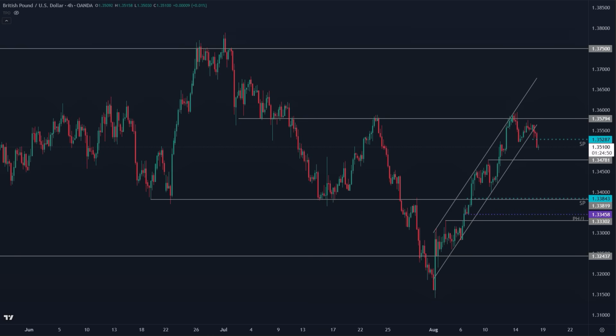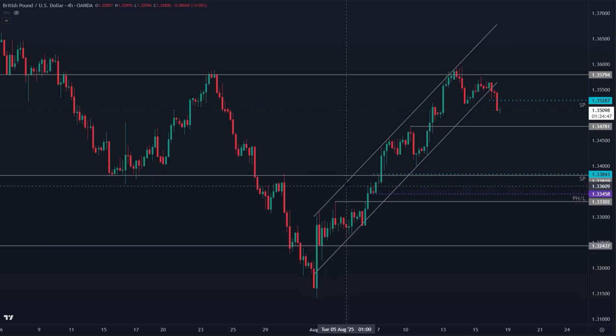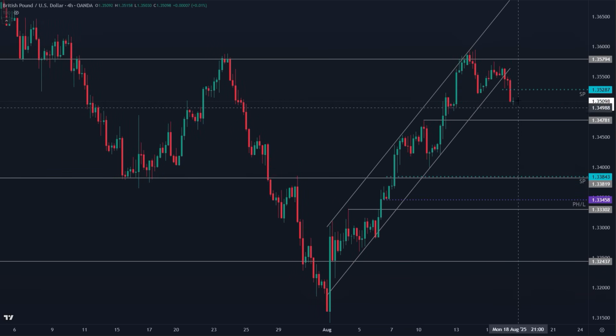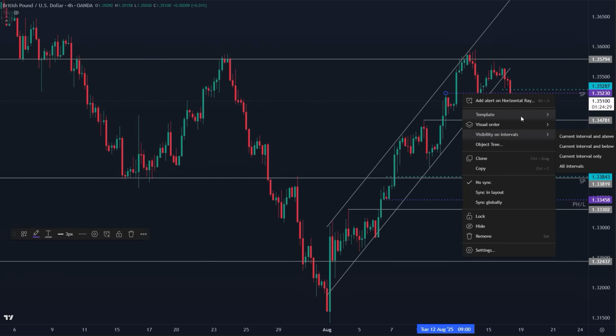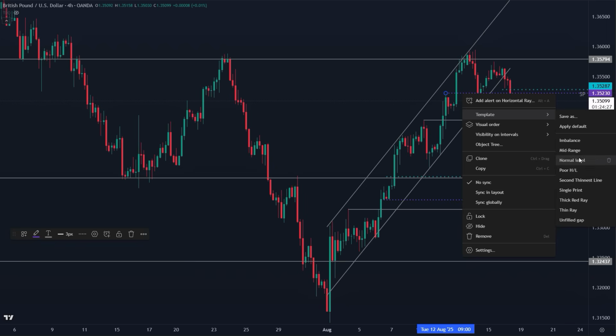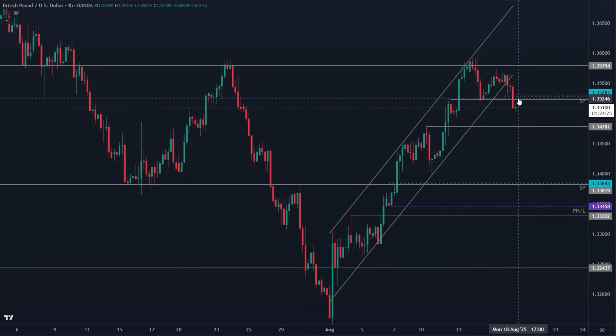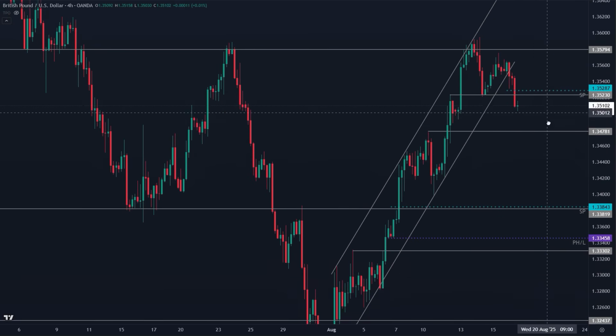And a couple things to note with this pair. First of all, we have the market breaking down so far on Monday, and we also have it closing below, at least in the 4-hour time frame, a critical area right through here. So if we draw this out, what you'll see is that we've got this pivot through here for GBPUSD. Now, let me switch this to just a normal key level. And what you're going to notice is that there's also a single print just above that.